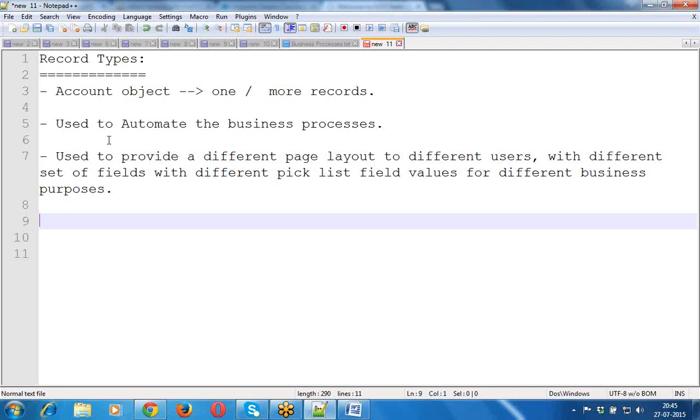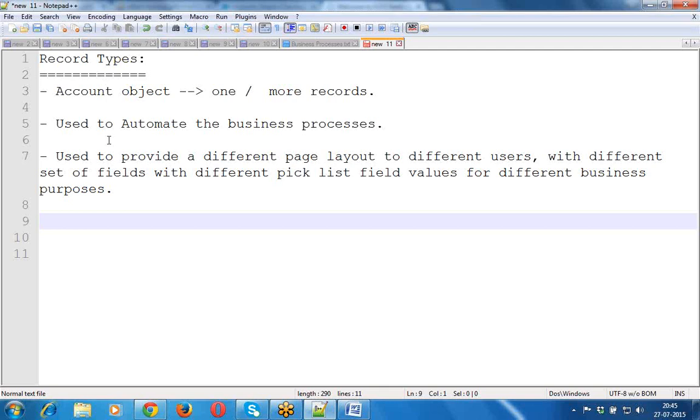So record types are used to create different types of records in the same object with a different page layout, a different set of fields, and different pick list values for different purposes. Okay, clear?